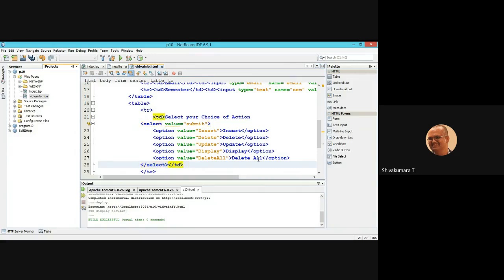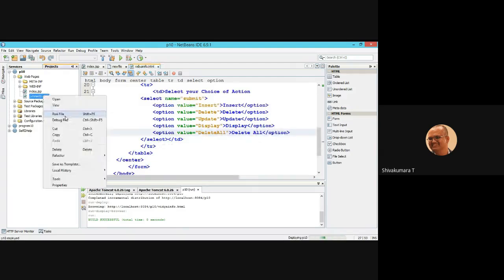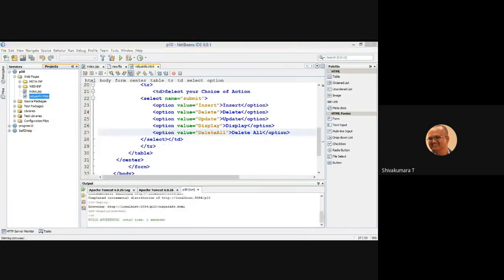Close the table data. It's not a value, it's a name. Okay, now save it. Again, rerun it. How does it look? Run file.